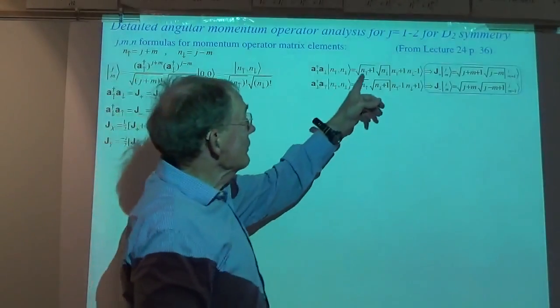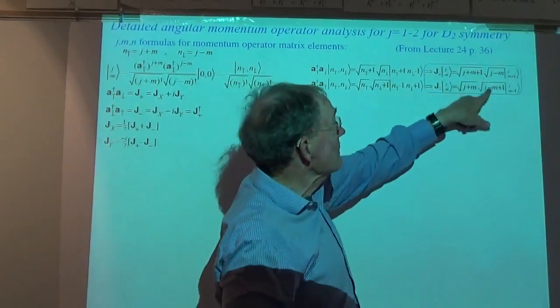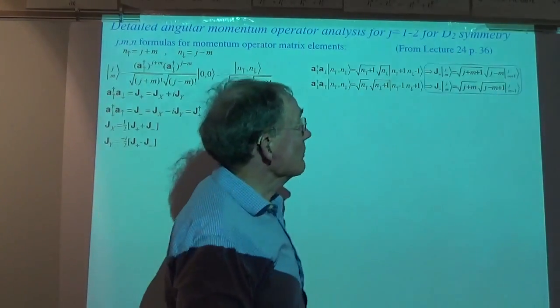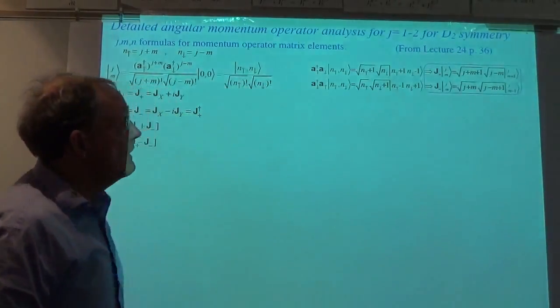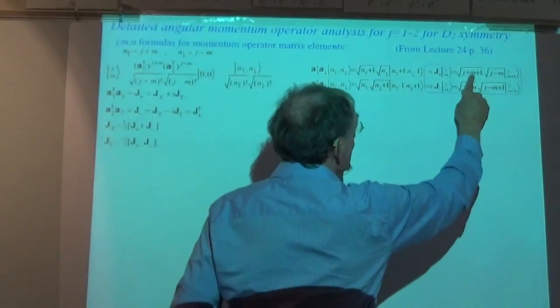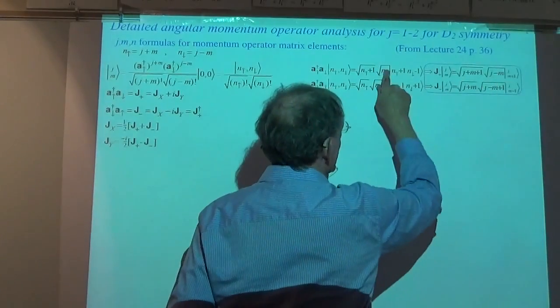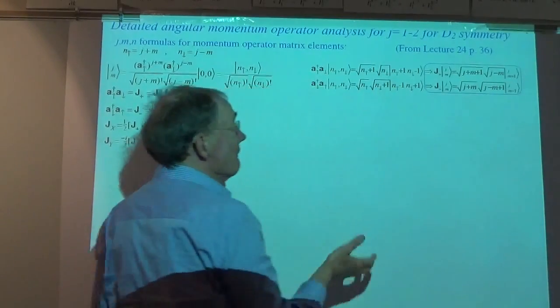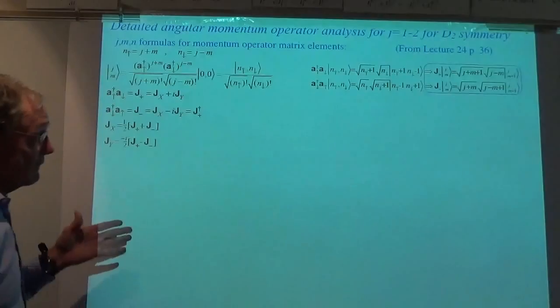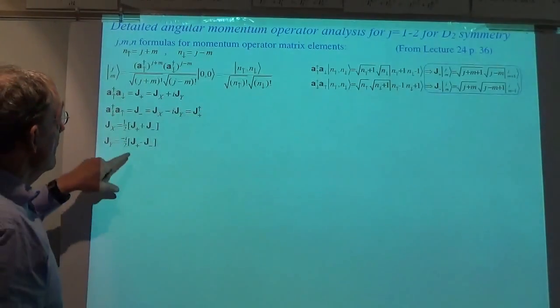But in any case, this little mnemonic of Friedman is the thing that makes our formulas. So this was from lecture 24. You should go back and look at it. It doesn't make any sense. This n plus 1 here is just placed j plus m times 1, and then j minus m is n down. Okay, so there's a half sum and half difference relationship between j, m, and n up and n down,